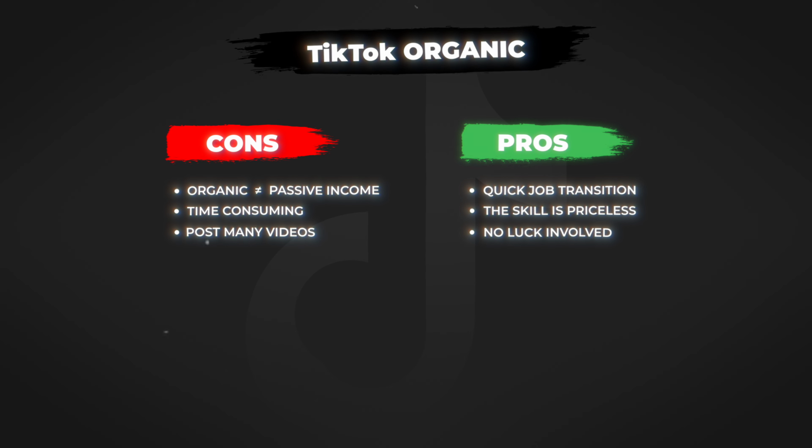So this is by far my favorite thing about TikTok organic. It's so skill-based that there's almost no luck involved. Of course, people still get lucky, and some people get a video to 5 million views and sometimes it's 50 million views, even though it's almost the same video. The luck is very calculated, and you're going to get lucky from time to time and also unlucky from time to time. But the skill is literally ridiculous. It's so simple after you've learned how to go viral and to convert.